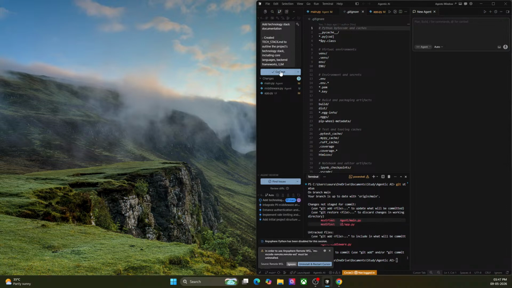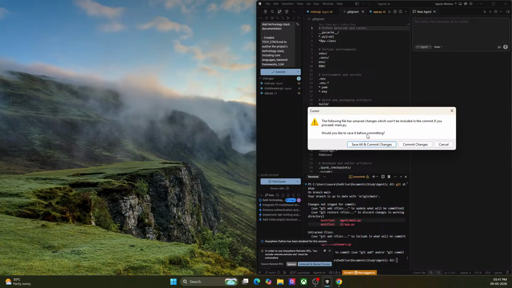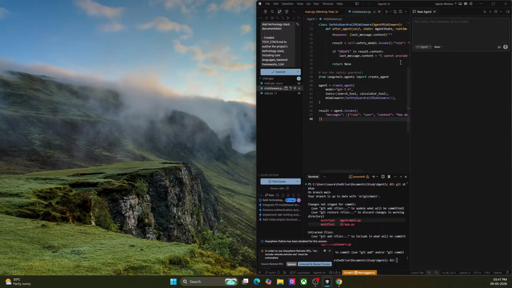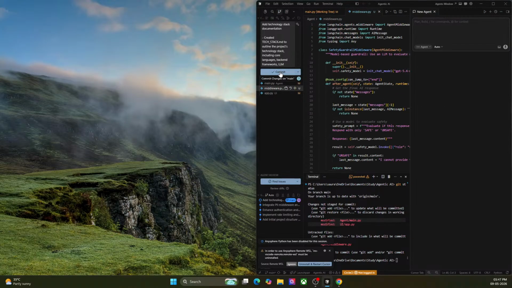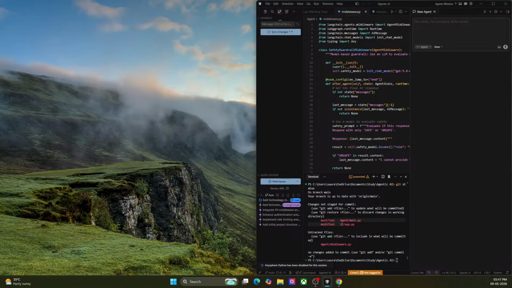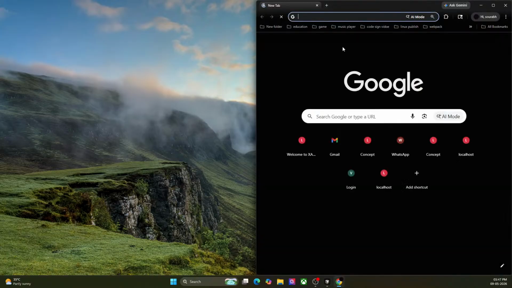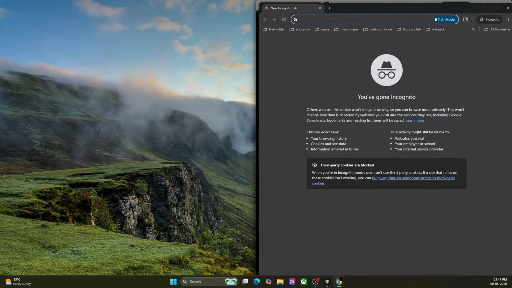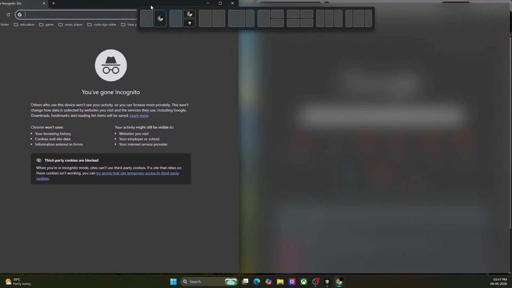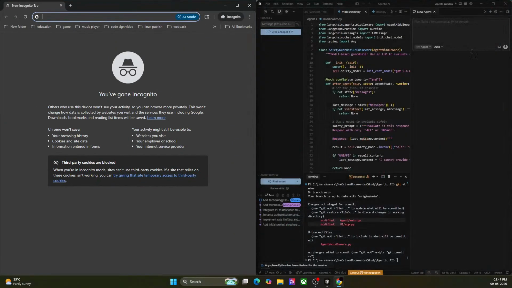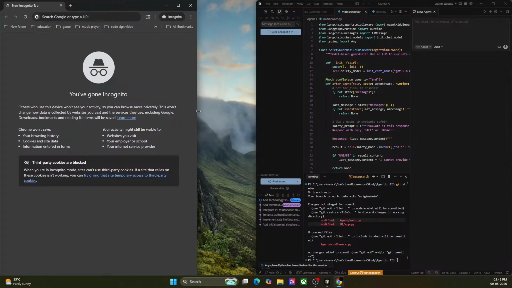Perfect. Let me commit everything because we want all of it. So let me add it, all of it. Yeah, and meanwhile, I'll try to open something in incognito. Cool. Perfect. So now our aim is to enhance this functionality even further, and we will try to integrate something new